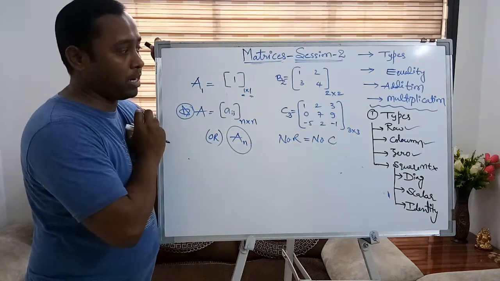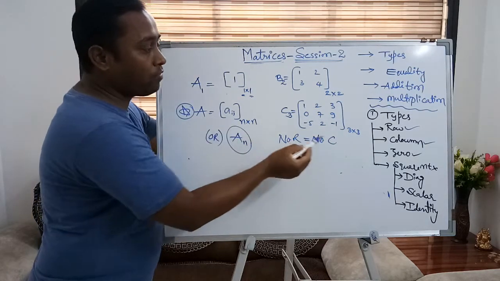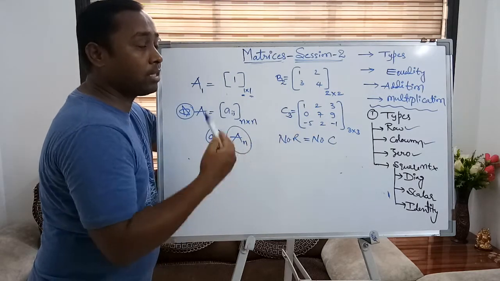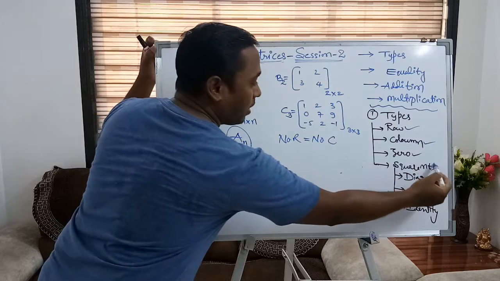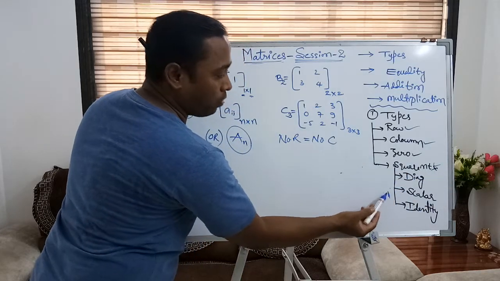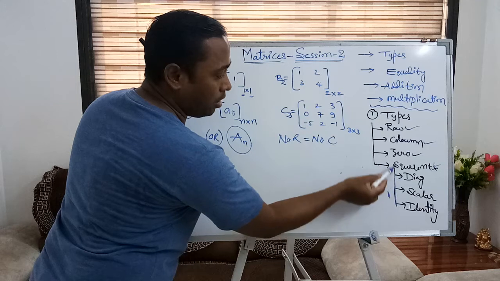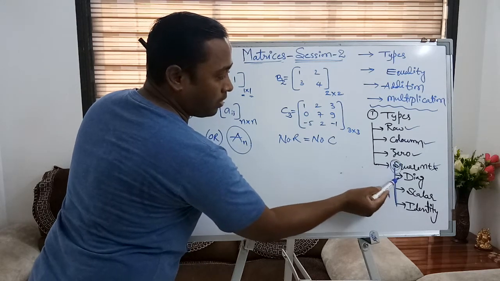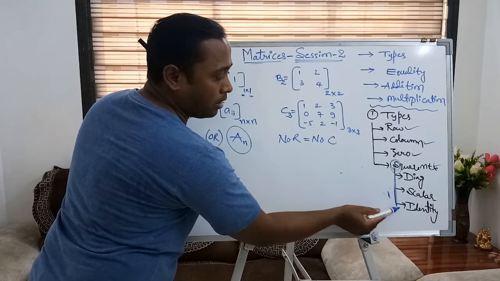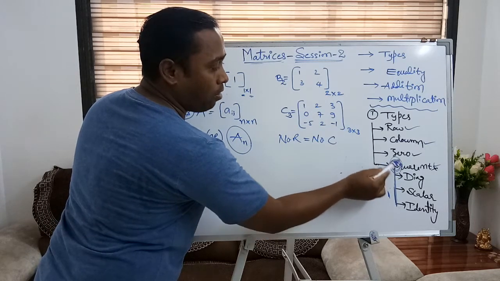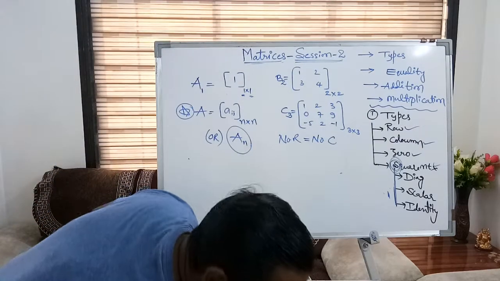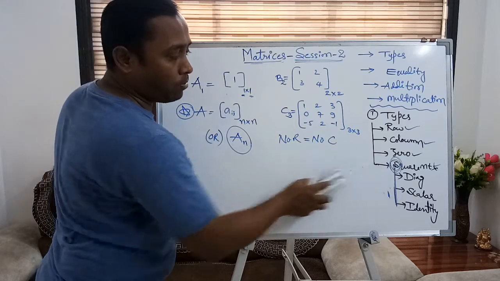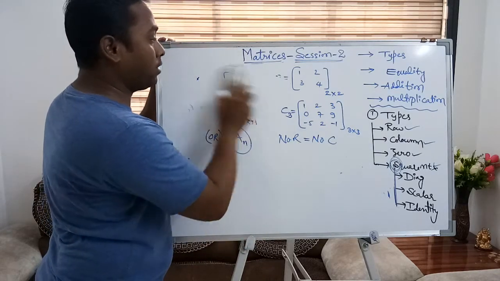When it is a square matrix, according to the nature of its entries, that square matrix is termed as diagonal, scalar and identity. These 3 are special cases of a square matrix. Remember, diagonal, scalar and identity matrices are special cases of the square matrix. Now we'll see one after the other. So now you have remembered what is meant by a square matrix. I am writing it here.